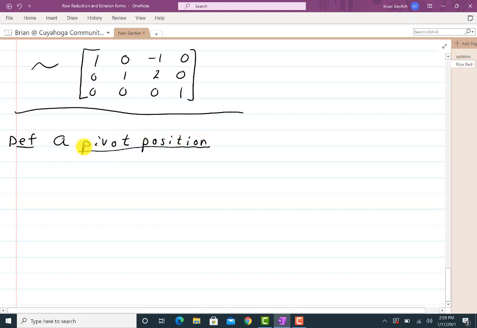What is a pivot position? Well, a pivot position in a matrix. A lot of times we'll give matrices names, and we always use capital letters for a matrix name. It's just like saying take a real number X and you do this and this with it. This is the same kind of thing. I'm just giving it a name for convenience. So a pivot position in a matrix A is a location